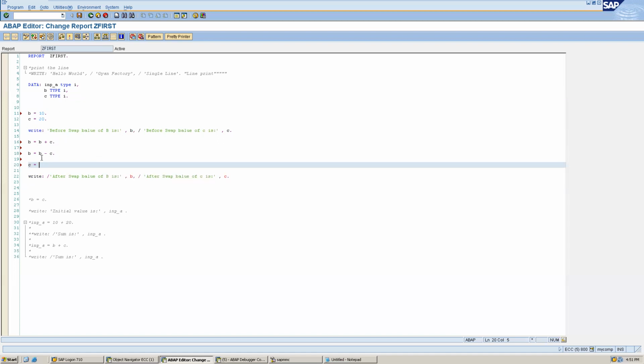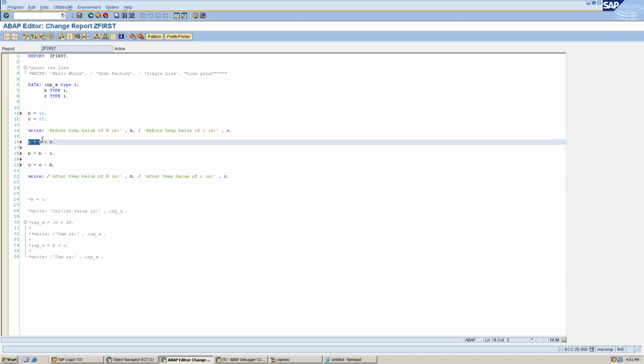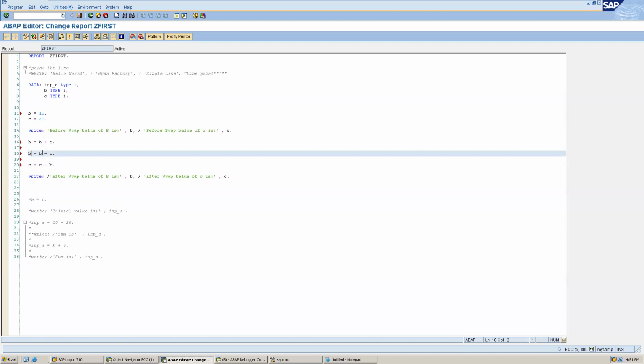We will do that, but before that, let me think, because I don't remember the logic, so I'm trying to recollect how we can achieve this. I'm just trying to write the logic. If I write C minus B, for example, here in B we will have 30, and then 30 minus 20, so 10.